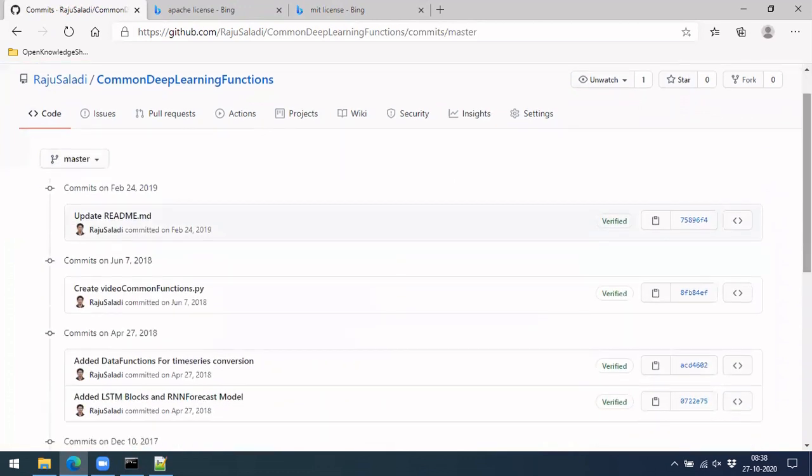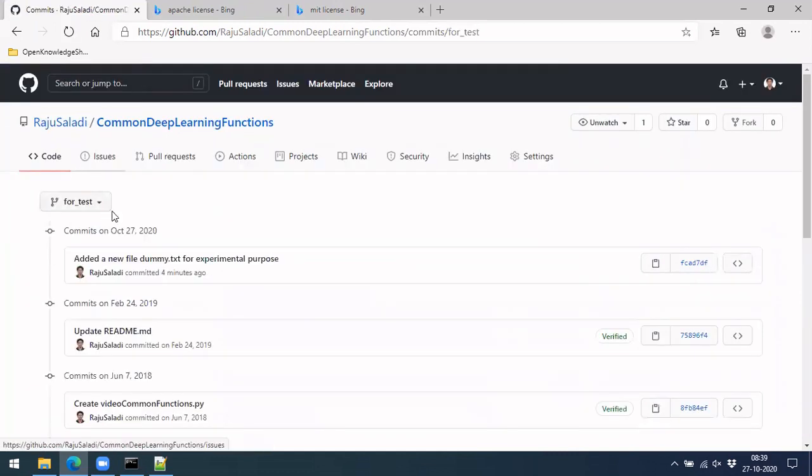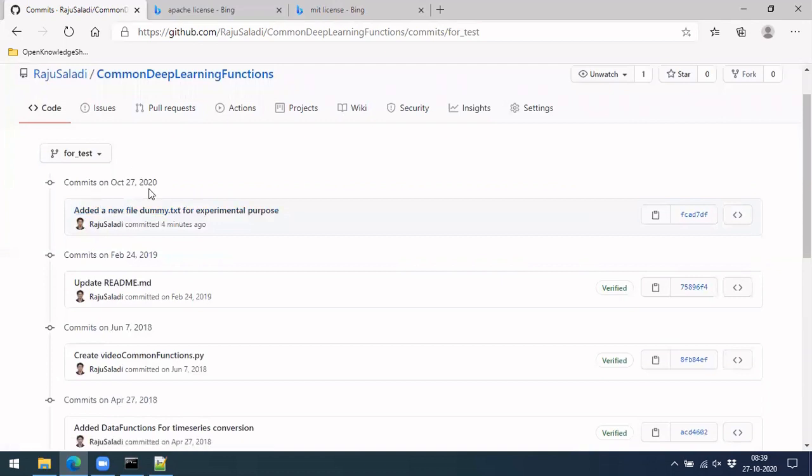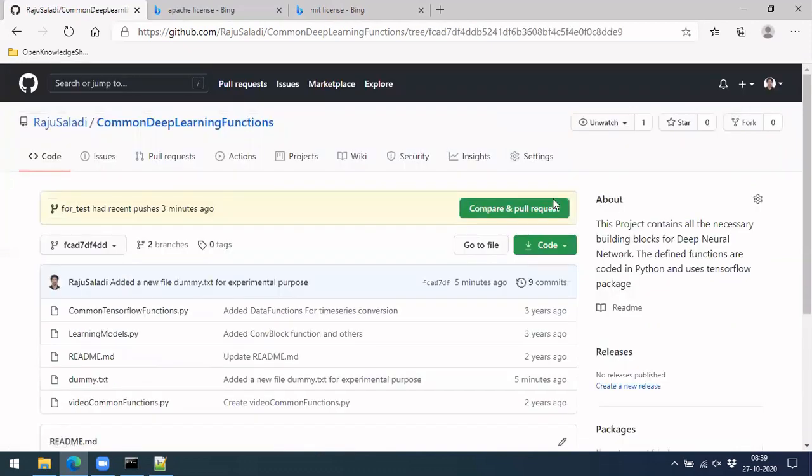See, our latest commit is this, where we have this master file, right? If you take the test file which we created now, this is a commit which we made, and this is the description we have given here, and this is the commit type. In case you share this, you can do multiple commits, right, but you want to give what the version is over here. So this is a commit ID, which will help you to go to that part of the code. This is the commit ID it has, and this will show that version of your code.